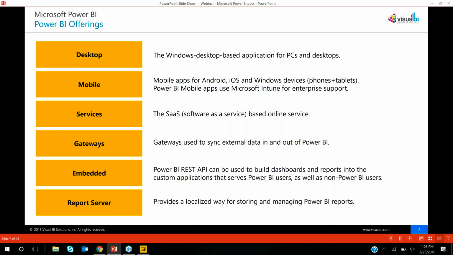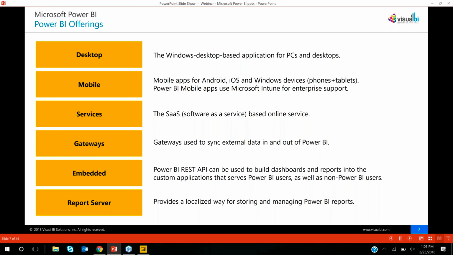One is for developers as well as independent service providers, and the other one is when you're looking at an enterprise level solution, especially with the Power BI Premium. And the last one is actually the report server. Since a lot of organizations still work based upon on-premise solutions,